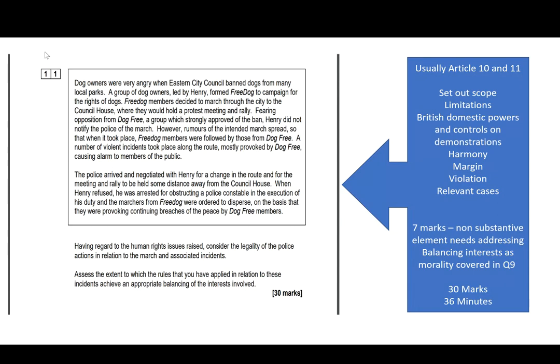There's always a final task that has the word assess, and it carries 7 of the 30 marks, so it needs completing as well as the scenario application. This draws on theories of justice or jurisprudence, and in 2019, the question was, assess the meaning and significance of classifying the right to life as a fundamental right. Again, question 11 carries 30 marks, so about 36 minutes should be spent answering.